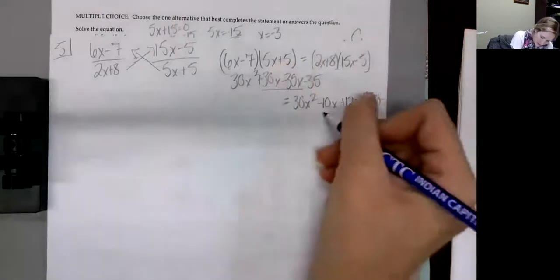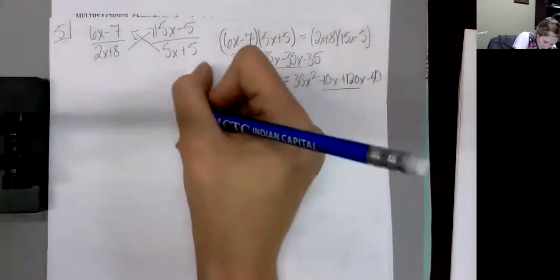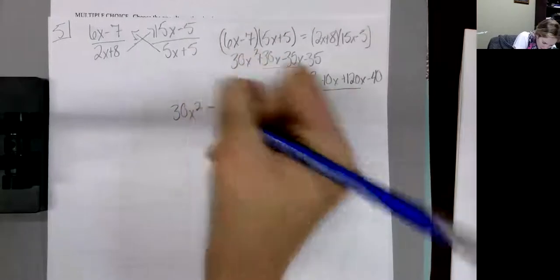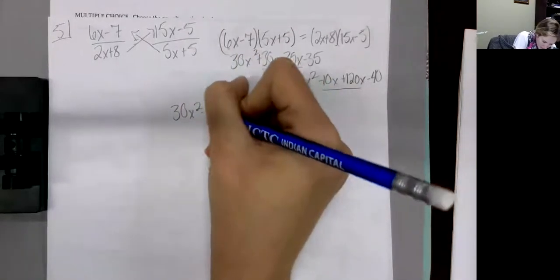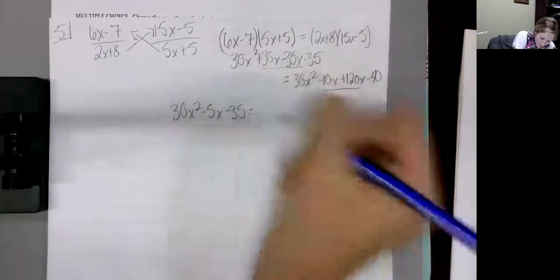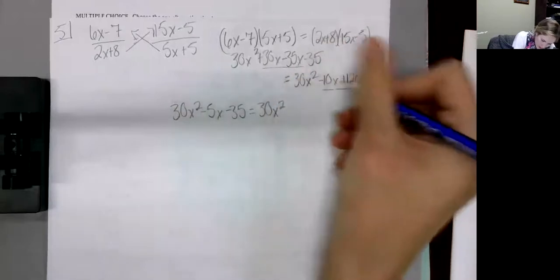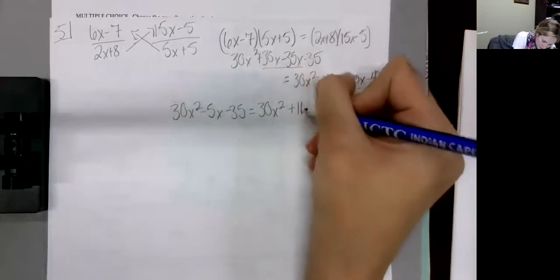Right, now I'm going to combine these terms as I rewrite this. So we have 30x squared subtract 5x, subtract 35 equals 30x squared plus 110x